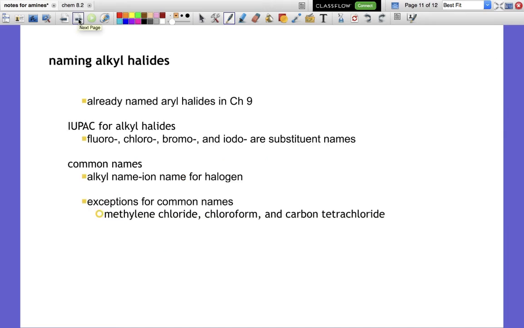So again, we named these already, so we should know how to do it. But IUPAC names are different than common names. That's the one little thing that we might go over real quick, because I have two different possible names for this compound. We learned that we could call it a chloroethane. We know that would be an appropriate name for it. I could put a 1 or not put a 1, doesn't really matter in this case, because there's only one possible chloroethane. But a new name for this, a common name, would be